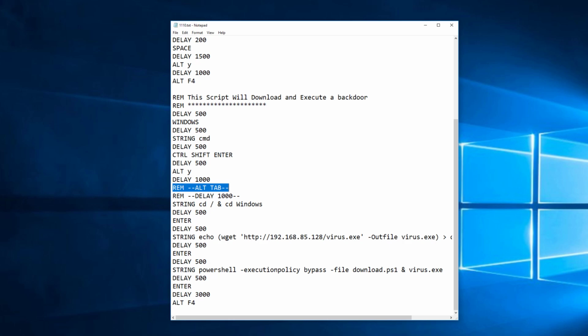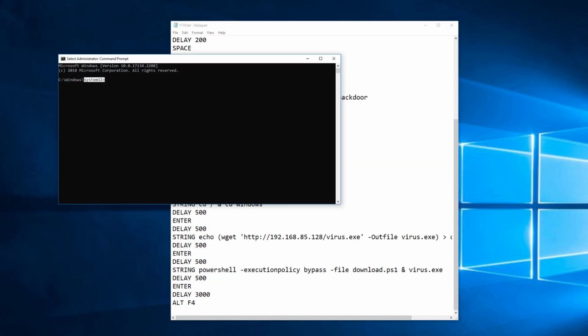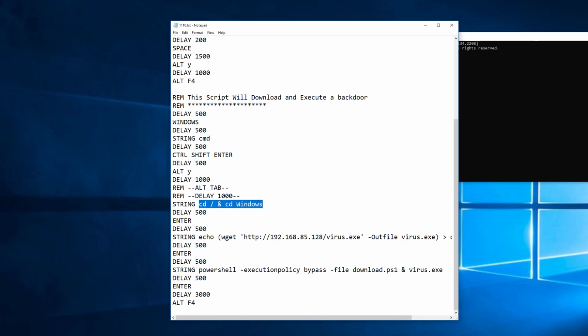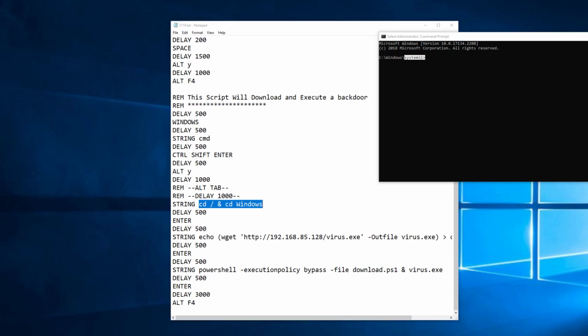So once we open the CMD, so here is the CMD, there we're gonna type cd and then a backslash and then cd Windows, which will take us to the Windows folder. Let me show you here. So this will take us to the Windows folder. We will wait, then hit enter to go to the Windows folder, and then we are gonna type echo, and then